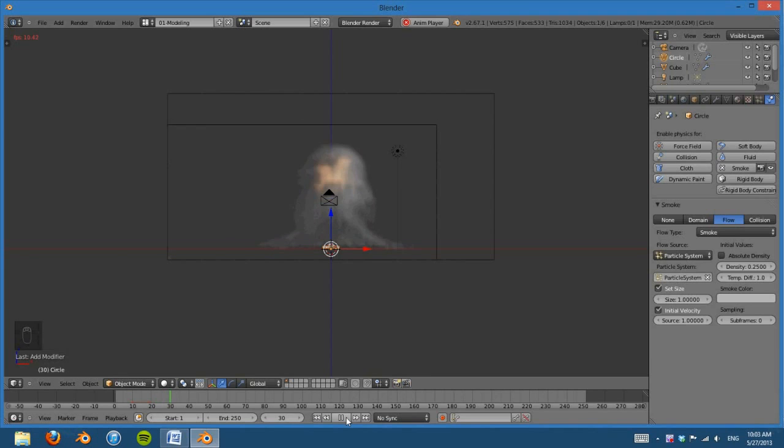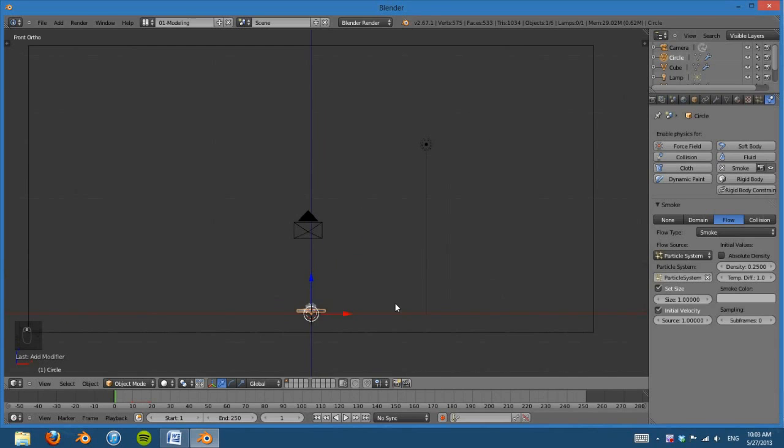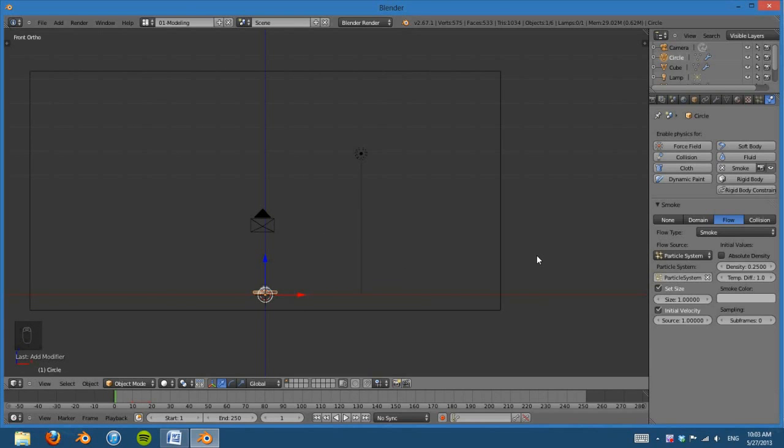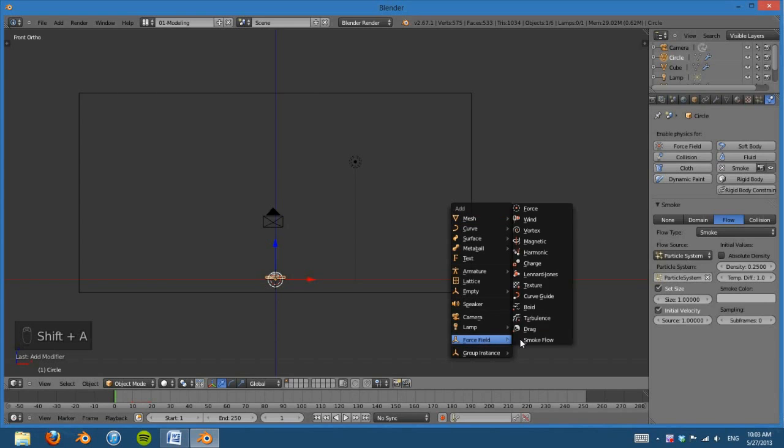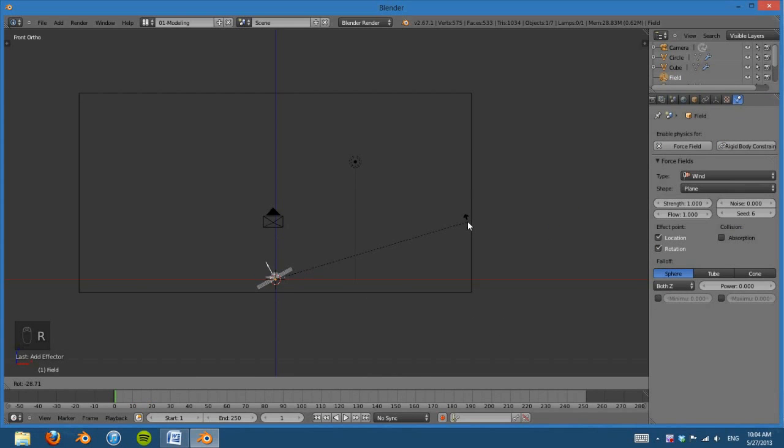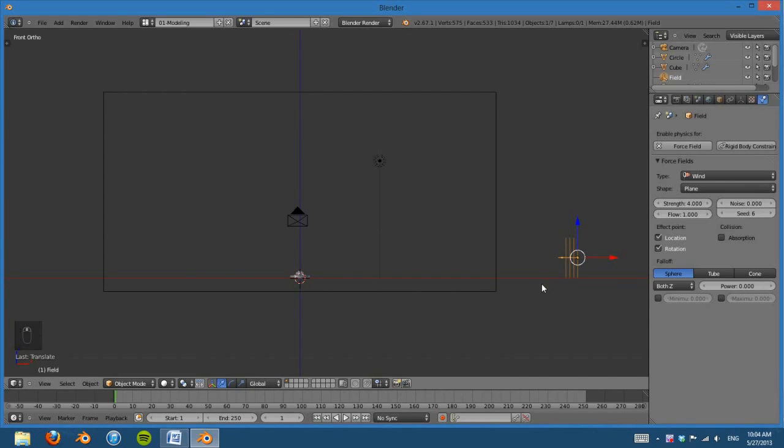So there we have the main part of our explosion, and it's already looking pretty good. But now I'm going to add a wind effect, and you can see that in my example that I had earlier. To do that, I'm just going to press Shift A, add a force field and wind, and rotate it 90 degrees, negative direction, or whichever direction you want. It doesn't really matter. And I'm going to change this to, let's say 4, because that seemed to work well earlier. What that's going to do is blow the smoke away after it's kind of exploded. It's going to slowly move it that way,